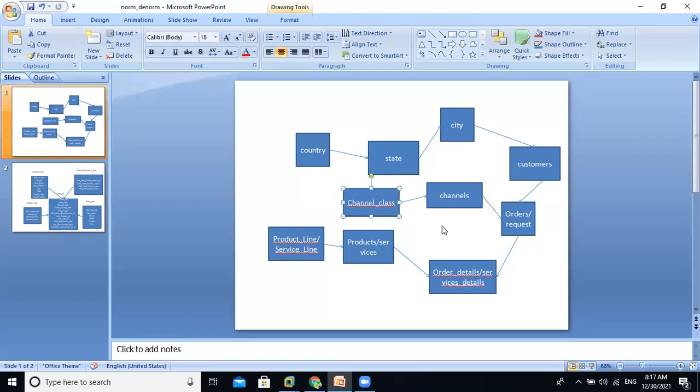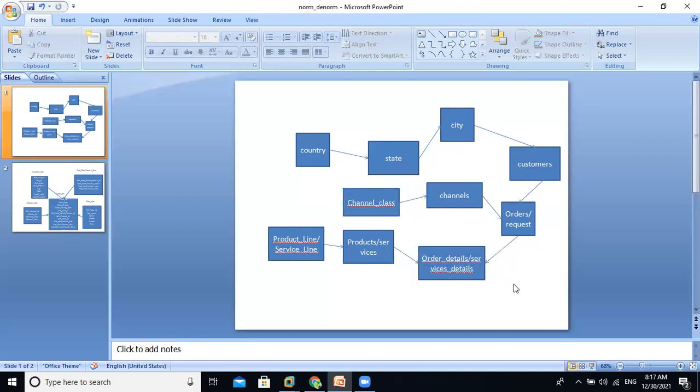Through the channels, we can get the orders. Orders are requests placed by the customer. That order-related or request-related details are available in the details. In this block, we need to maintain order details or service details. We can get the request for the service, and the details are available in the service request. Sometimes the same company provides different types of services. If you need more than one service from the same company, then you can send a request to get more services. That entire service information is available in the service details table.